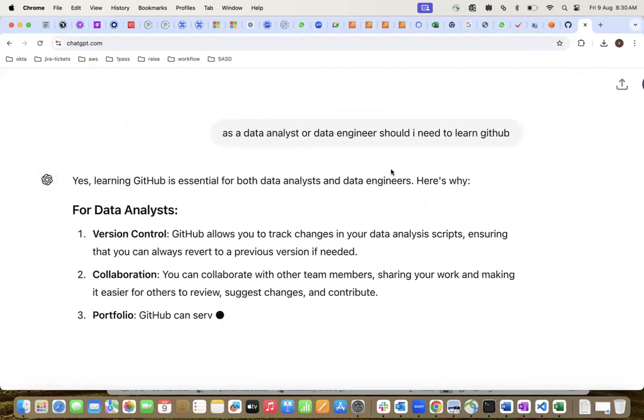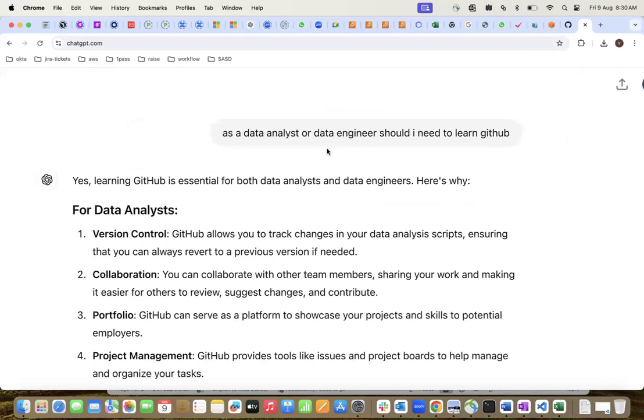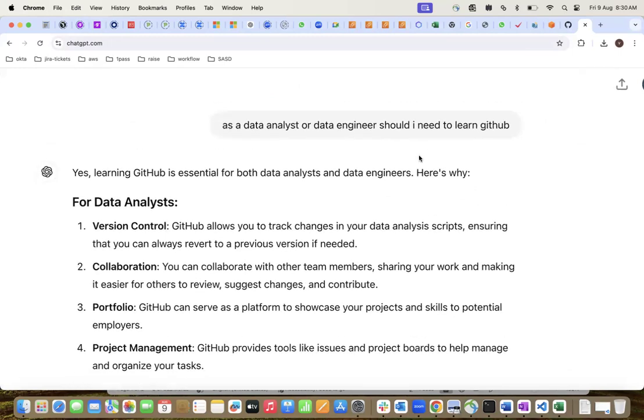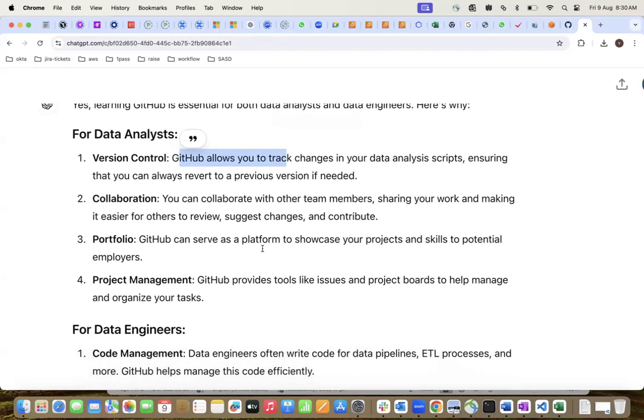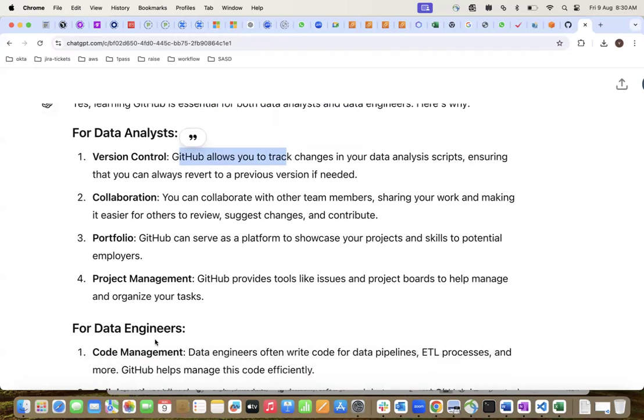Is it visible, everyone? As a data analyst or data engineer, should I learn GitHub? Yes. Version control: GitHub allows you to track changes in your data analysis scripts, ensuring that you can always revert to a previous version if needed. Collaboration, portfolio, project management.